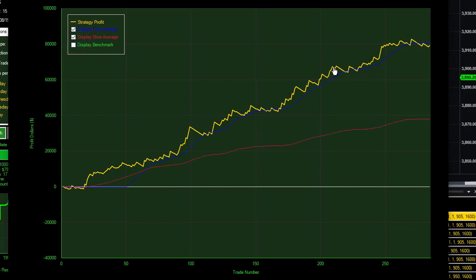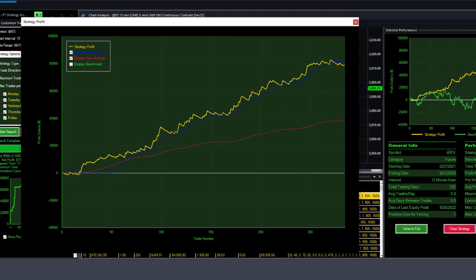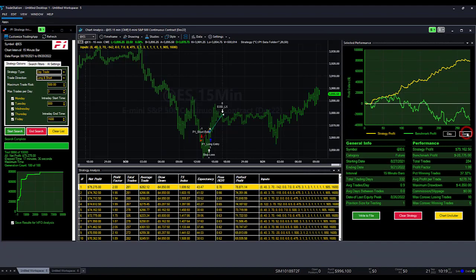Additionally, if we click and hold on any point in the chart, it's going to show us what the profit is at that point in time, as well as some information about the trade number and the specifics of where those averages are. The other thing that's interesting that we can look at is if we click this day button,